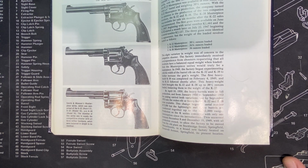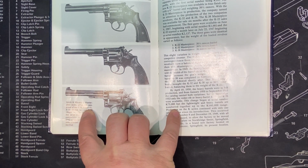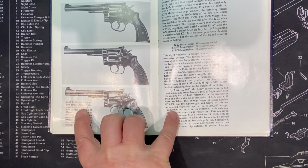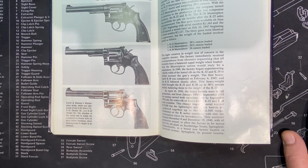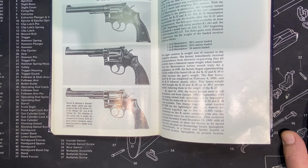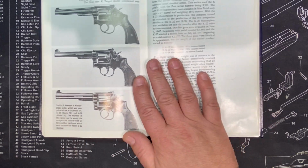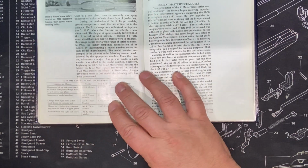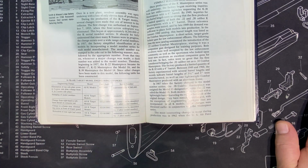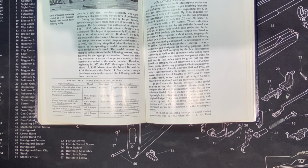Smith & Wesson's Masterpiece series, which was comprised of the K22, and then in parentheses, Model 17. This still needs to be explained to us. There are obviously two different model distinctions there. What's going on? And so we dig into the specifics here, and to cut to the chase, we're going to actually read the book. But basically, what it comes down to is the K22